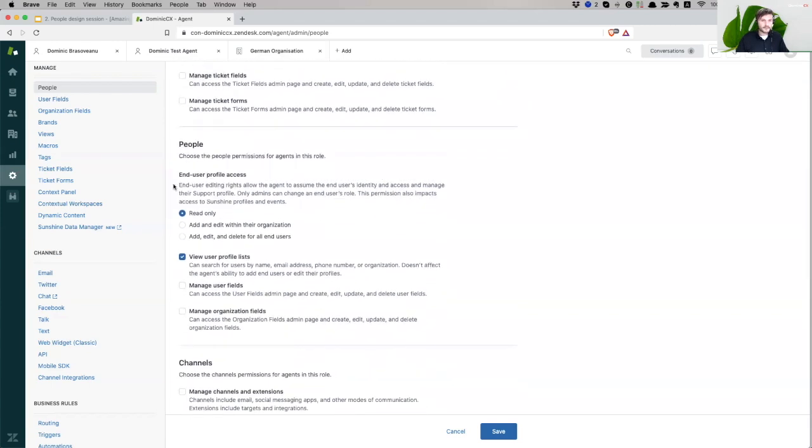Okay, so now what about the people access? So end user profile access, for these agents, they can only read that information. So they can see the name, email, contact, additional user fields, etc. They will only be able to see their profile, and that's it. I can also add and edit within their organization, right? So users within the organization that the agent is in, they can edit, but in this case we don't add that